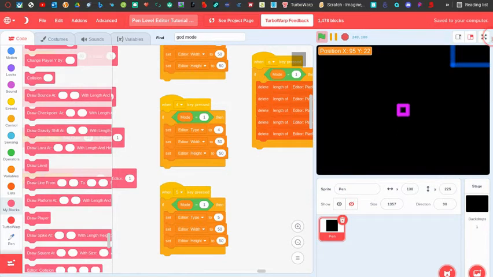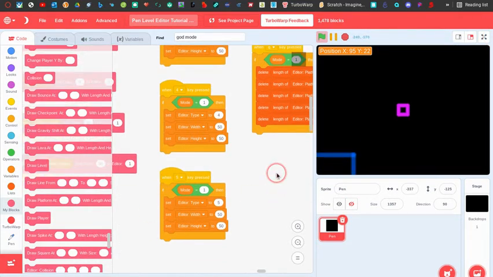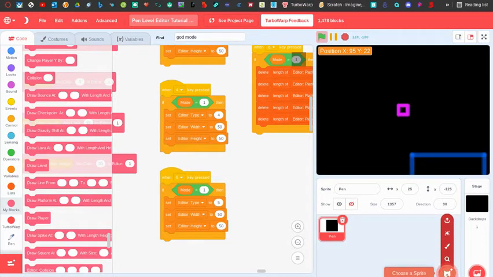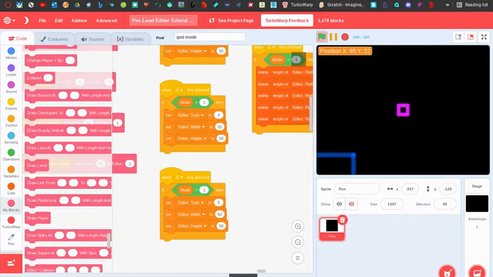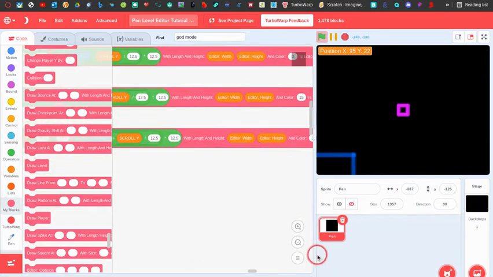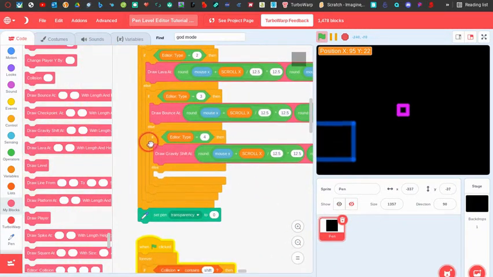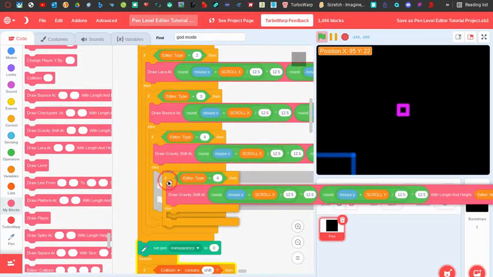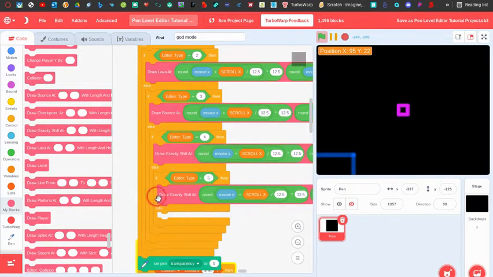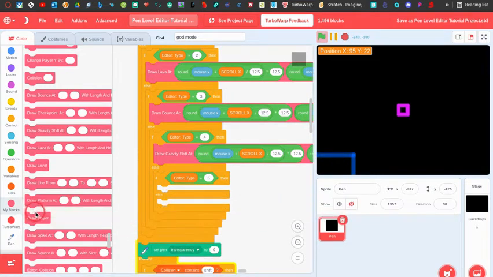We're just going to add the spike, and then I'm going to show you how to add a starting position for the player. And you guys can add more to this game, like a level end, which would be pretty easy. You could just say wait until collision contains that thing, and then broadcast to end the game, and then do a win screen or something. But I don't think I really have to show you how to do that because I pretty much just explained it. So yeah, okay, now if it's 5, for the last thing it's going to be a